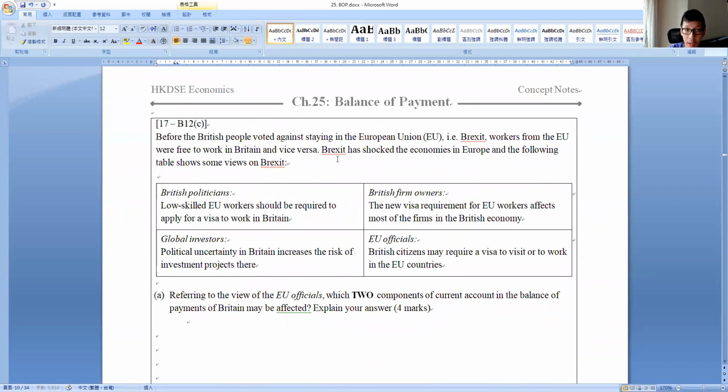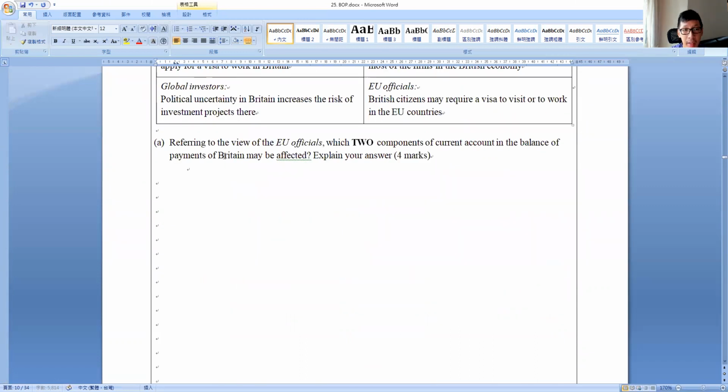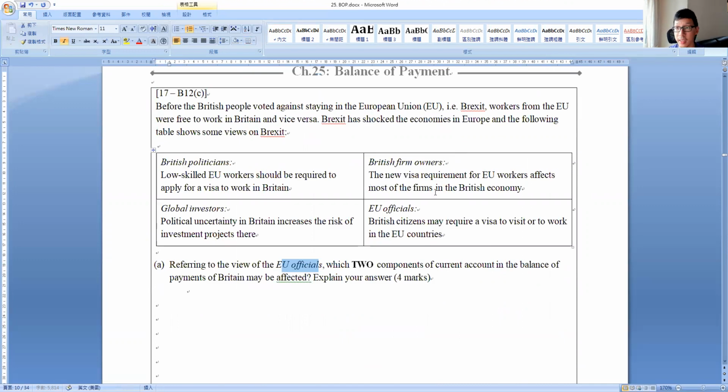Again, 又係 long question 啊，得唔得啊？Now referring to the view of EU official, 嗱麻煩你跟題目啊。There are 4 boxes, but you can only refer to EU officials. If you refer to other boxes, you will get 0. 你自動會零分㗎，得唔得？唔該你睇題目啊。